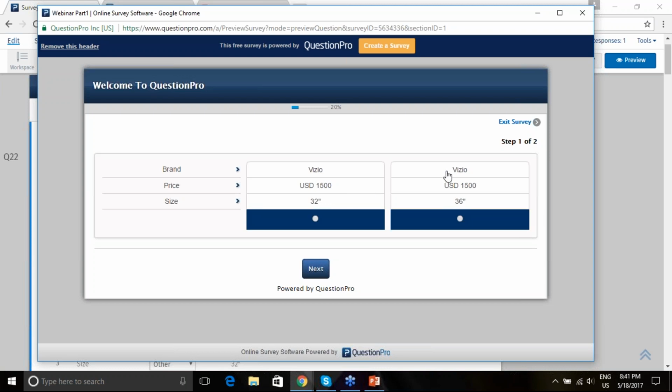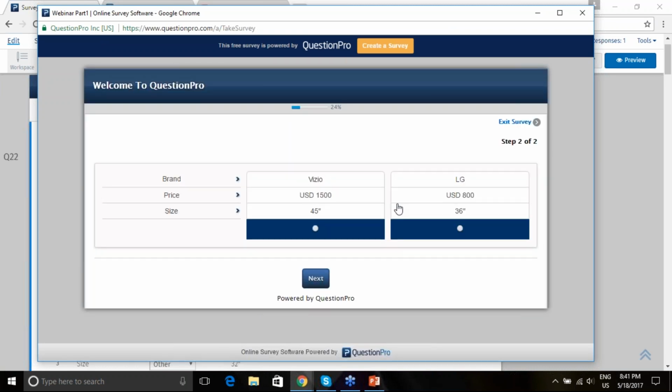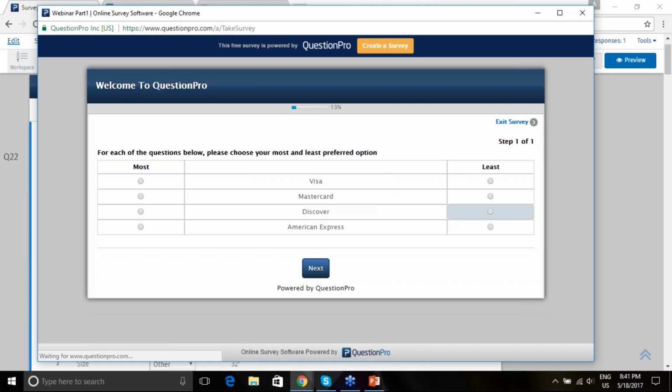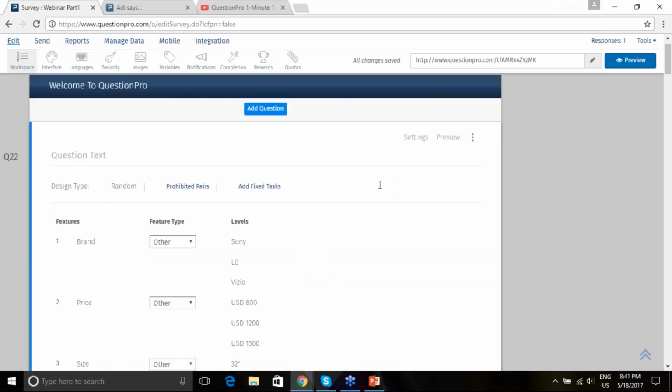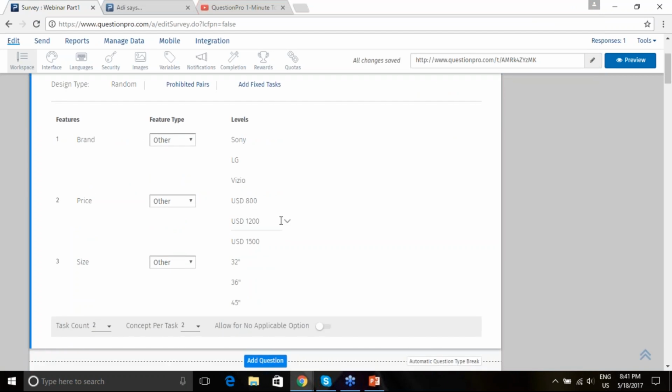So let's say I select VZO, USD 1500 and 36 inches. So in USD 1500 I'm getting a 36 inch TV, then I would prefer VZO. In the next, I'm getting another combination of different brand and different pricing. So let's say I'll select the brand LG. So these kind of permutations and combinations you can give the respondents,